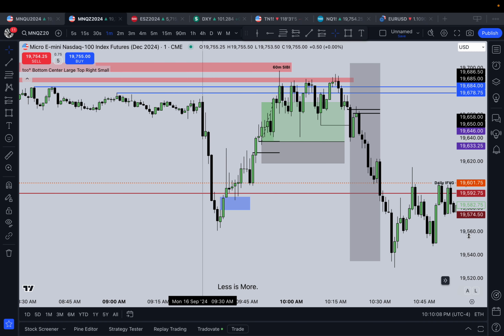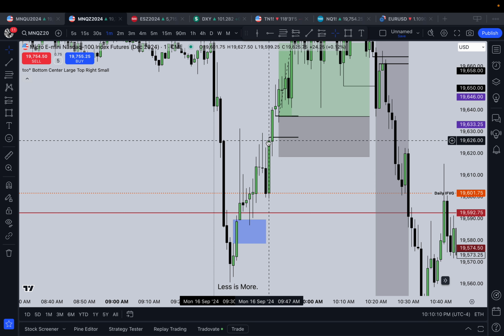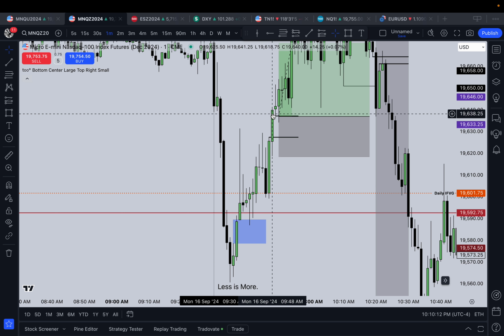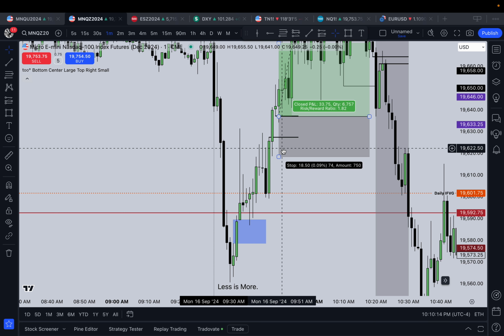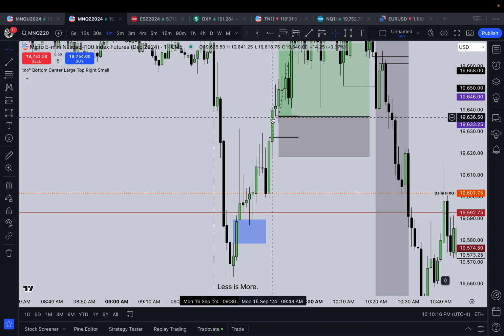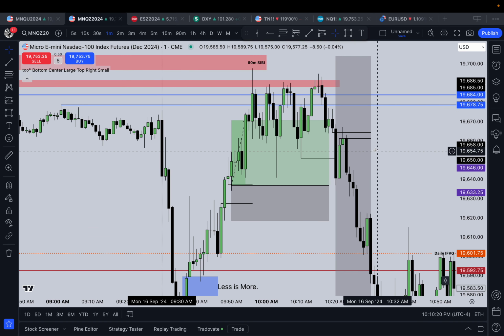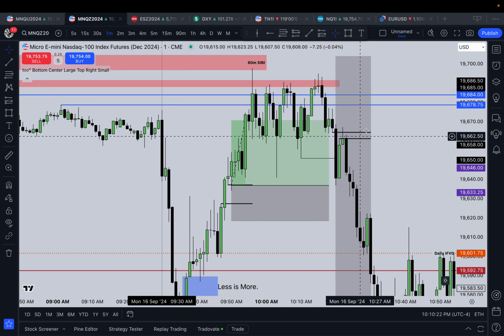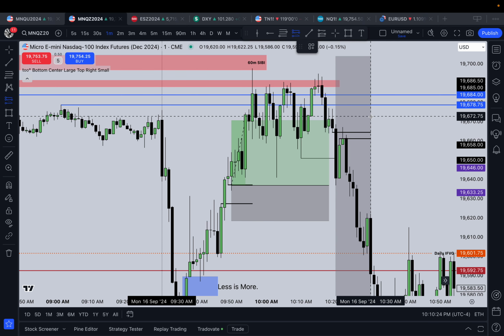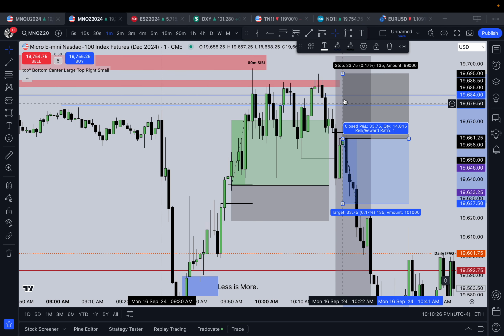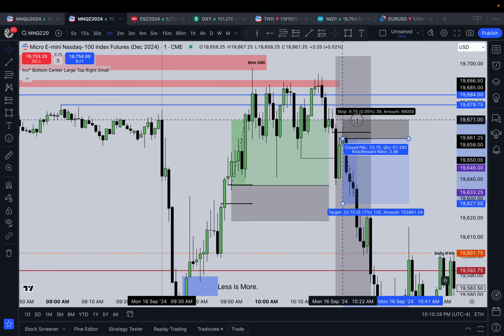A fair value gap is a 3 candle formation, right? First, second, third candle. So you want to have your stop loss below the second candle's low if you're bullish, or if you're bearish and you take this short, you want to have it at least above the second candle's high.